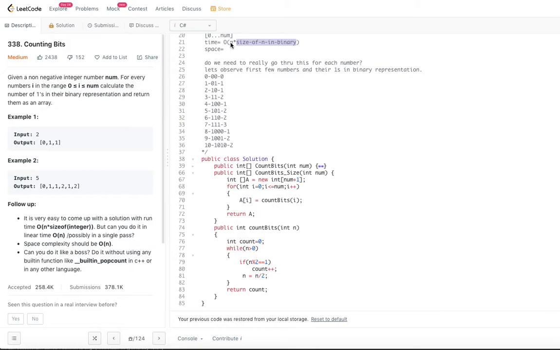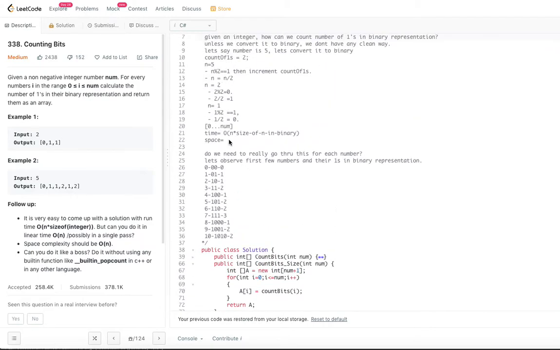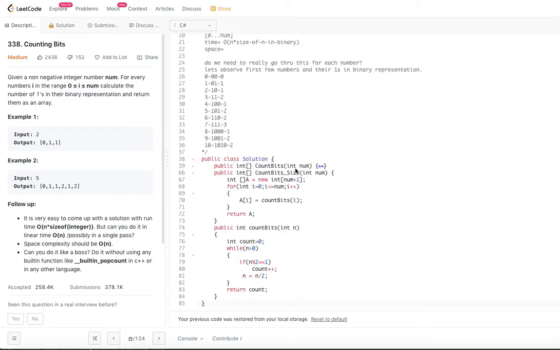When the number is 2, it has 2 bits. When the number is 3, it has 2 bits. When the number is 10, we need to go through 4 times. So depending on the given number, the size of the binary varies. That's why the time complexity is order of n into the size of n in binary representation. And what is the space complexity? Are we using extra space here?